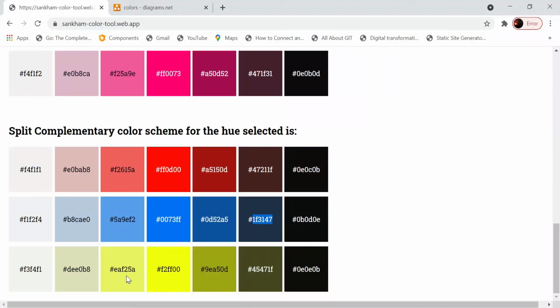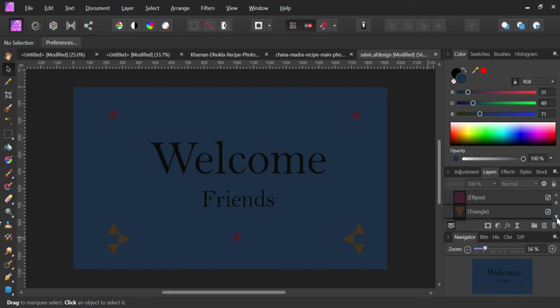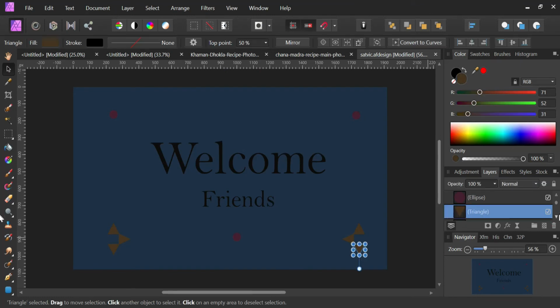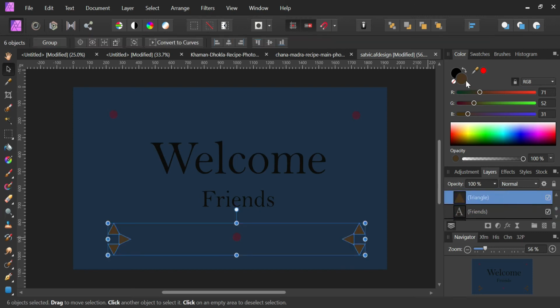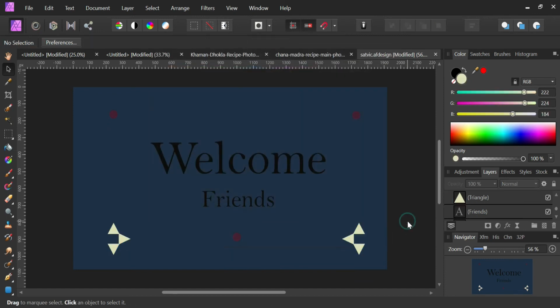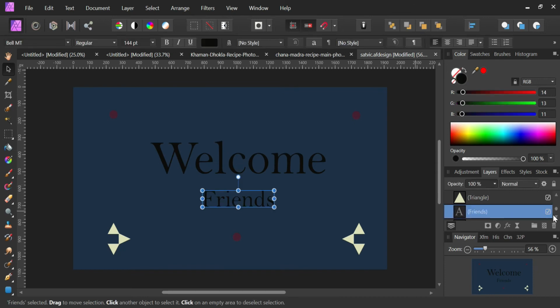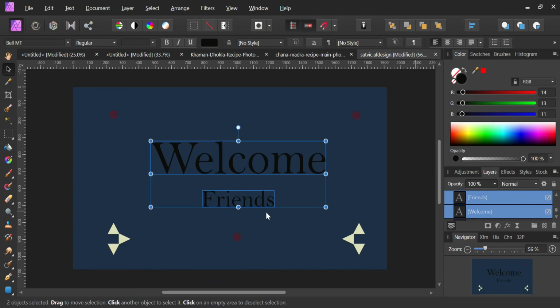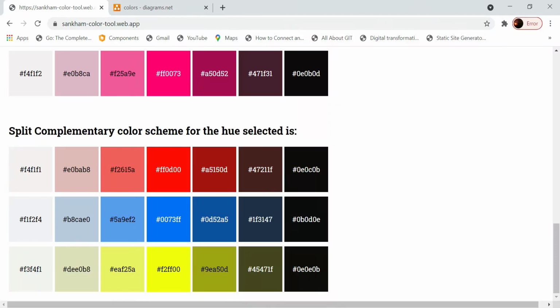I will go to the lighter shade of the alternate color. So let us suppose I have chosen this as my secondary color. What I'll do is select all these triangles, and then I will change the color to the lighter shade. Okay, now this is appearing a bit bright upon this background, right? So I need to change this text also. I'll change this text also, and I'll go for a lighter shade in the secondary color which I've chosen, which is this one.